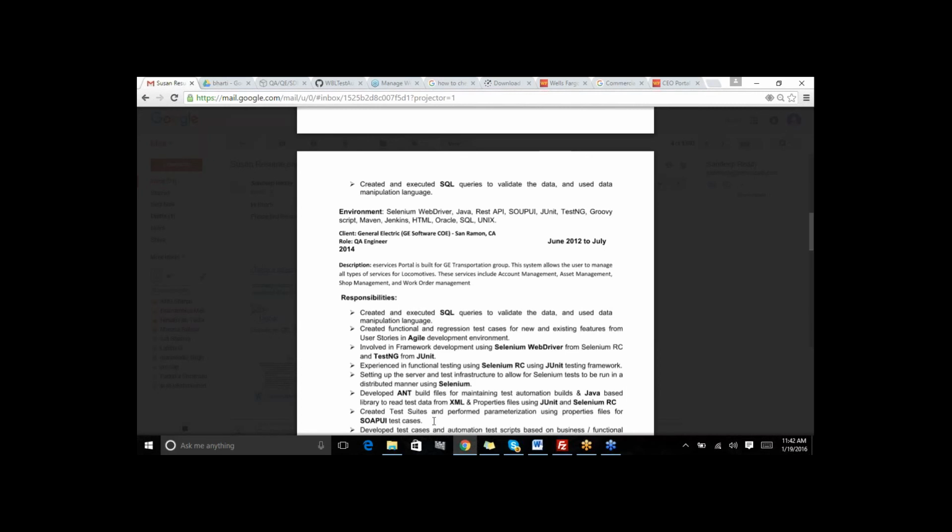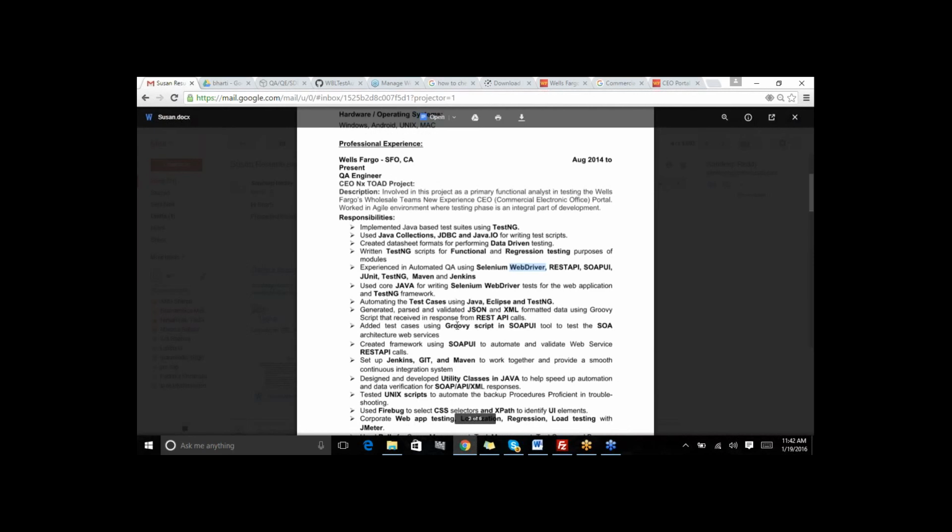Okay. And in this project, I think we are mentioning GroovyScript. I have not... You didn't attend the class for GroovyScript? GroovyScript, yeah, added test cases using GroovyScript in the SOAP UI tool. It's very basic. If someone is asking you specifically about GroovyScript, just say that I have done a little bit of Groovy scripting in SOAP UI for writing normal assertions and all. Just go through your Groovy scripting class.